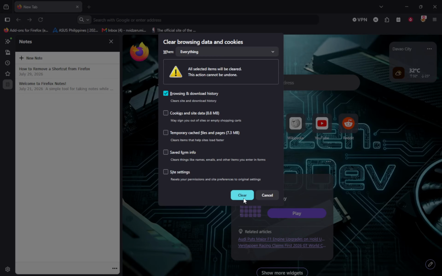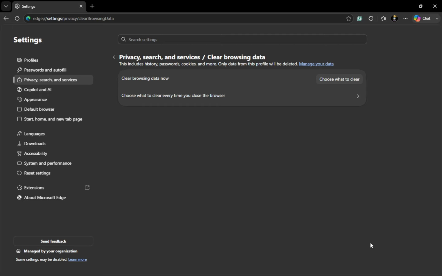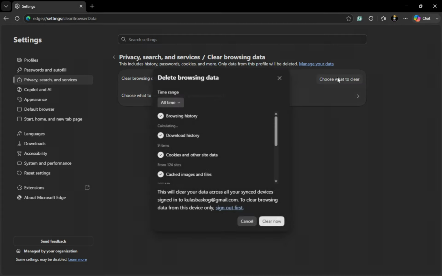One key fact to remember is that clearing history in these browsers removes data from your laptop, but it does not erase separate records kept in your Google account, Microsoft account, on individual websites, at your internet provider, or on a school or work network. You have now cleared browsing history from Chrome, Edge, and Firefox on your Windows laptop.